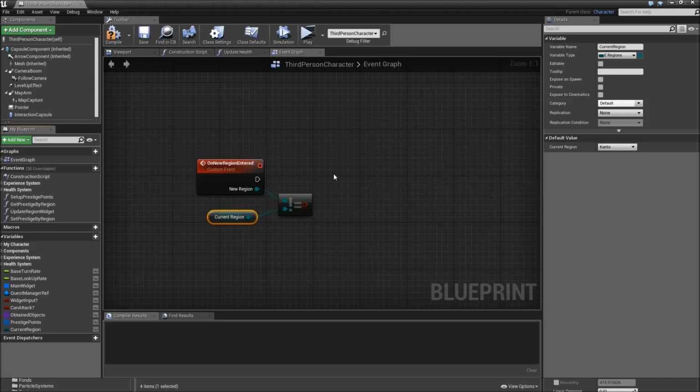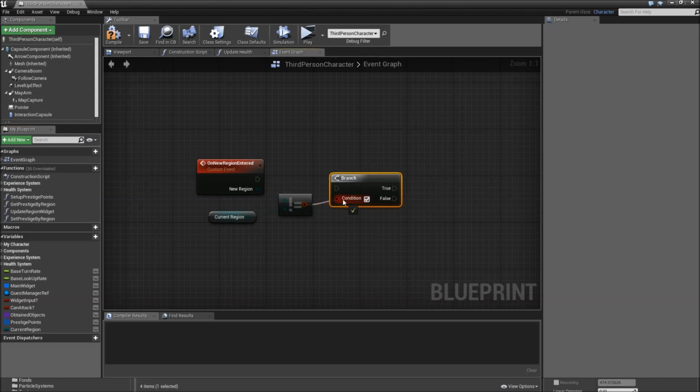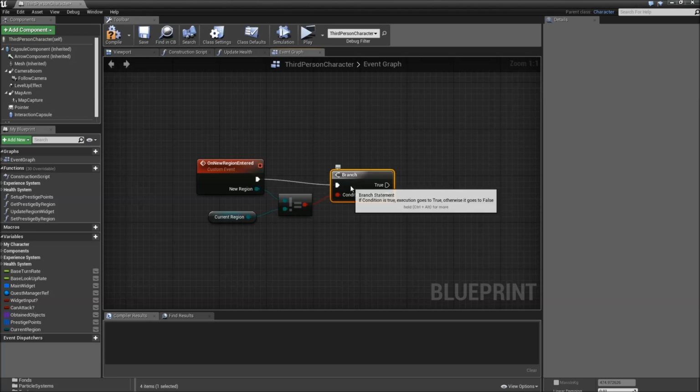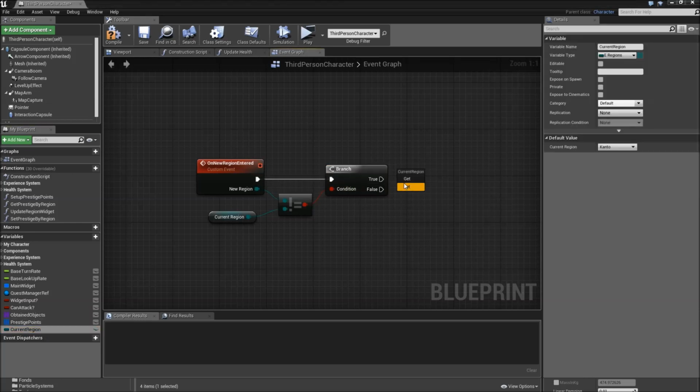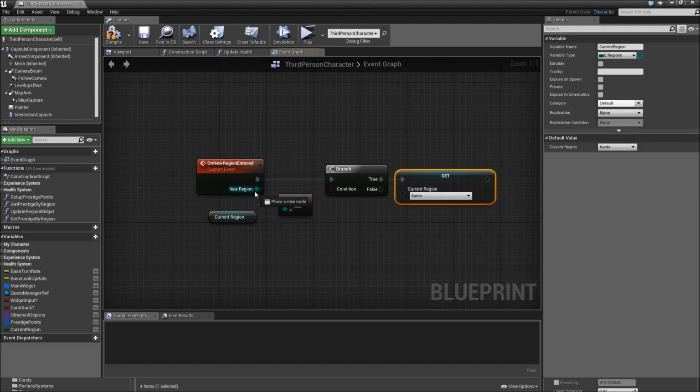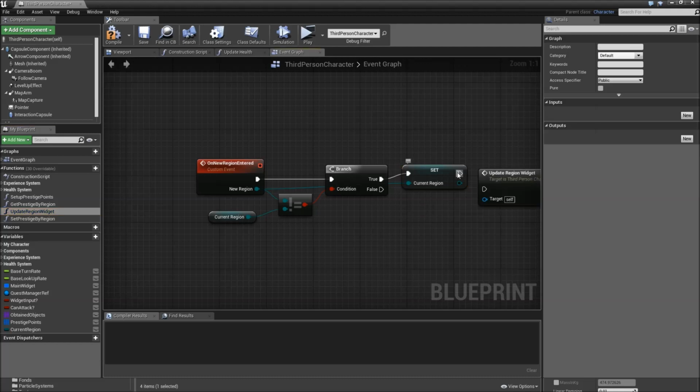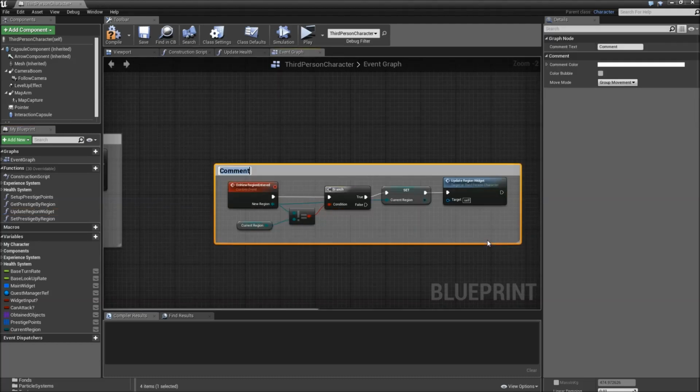Otherwise it's not a new one, so we don't have to do anything. Connect that to a branch and a branch to the execution. If it's true, set the current region to the in region, and afterwards update the region widget. Select all of this, add a comment box on new region entered,